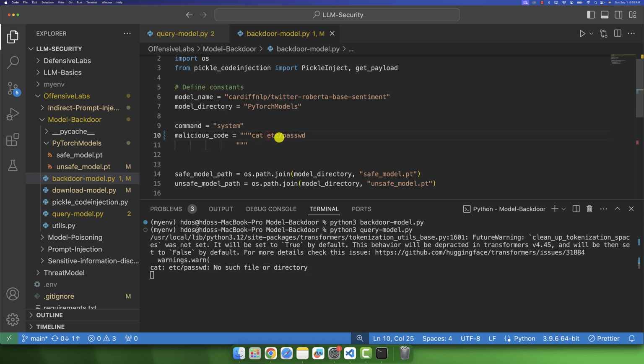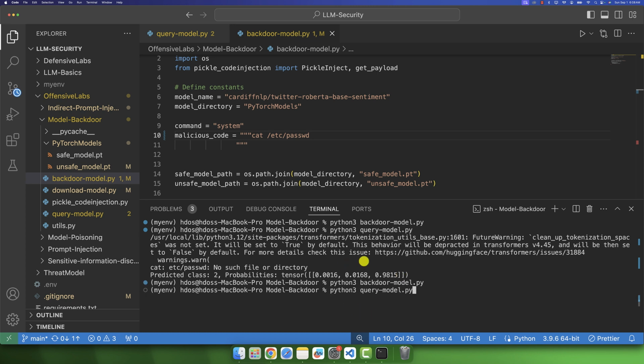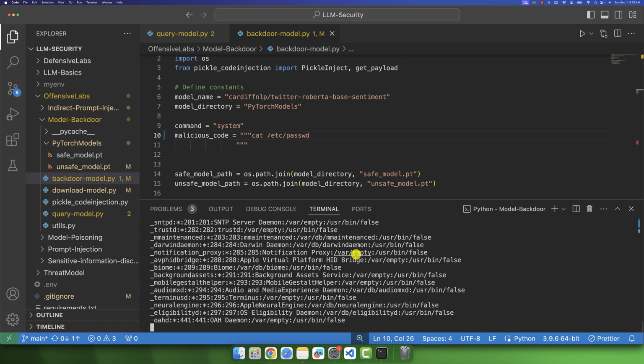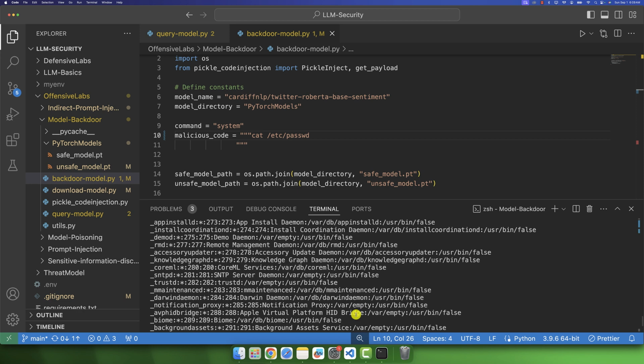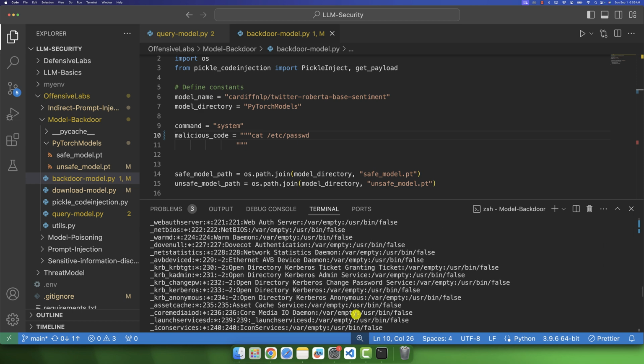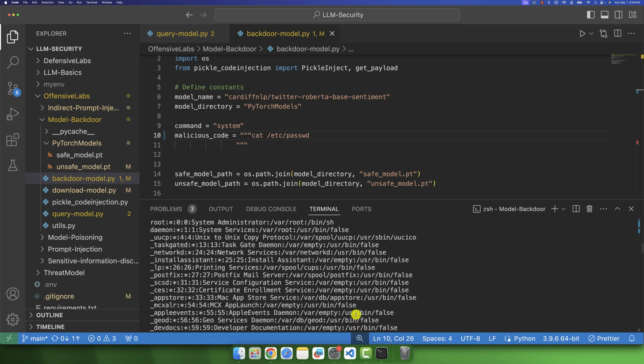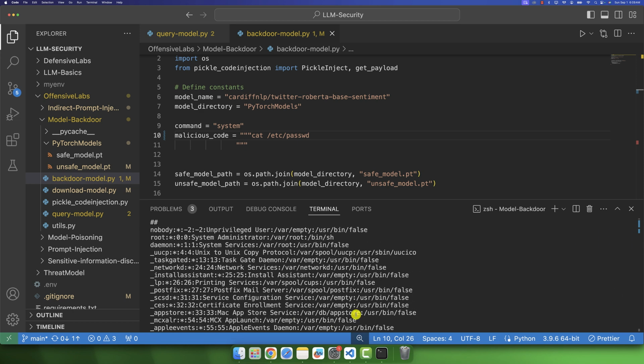Okay, it's actually this, because you need to give a / to actually go to the path. Let's go and try again, and hopefully this time we should be able to query the model and execute and get the etc password. There you go. So if you see, we've got our etc password,